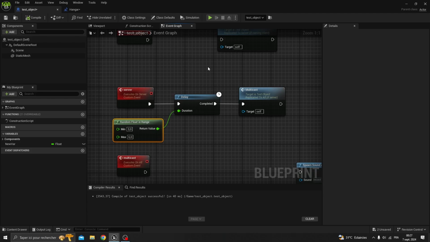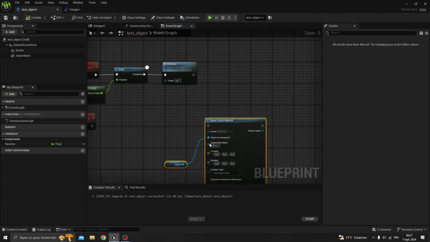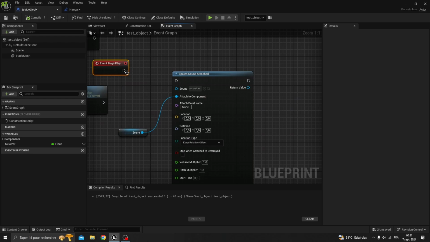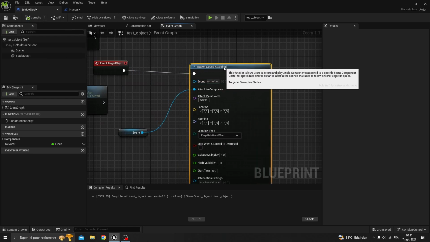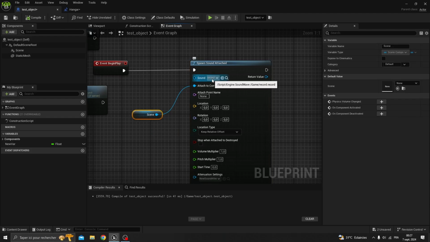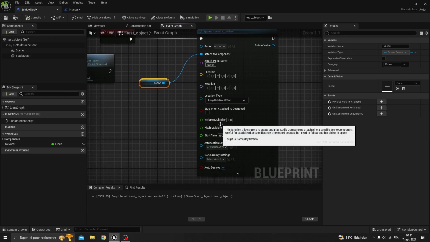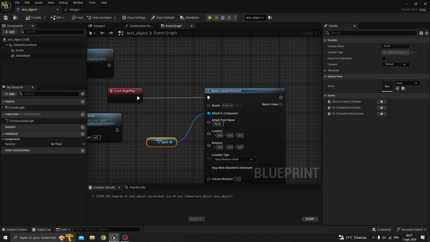replicated. So let's begin. This is our sound attached node. Let's say that after the event begin play, we directly play this node or our record file, which is our enumerating voice. So of course I have an attenuation just in order to show you that the sound is really attached, but it doesn't matter in this tutorial. So now if I click